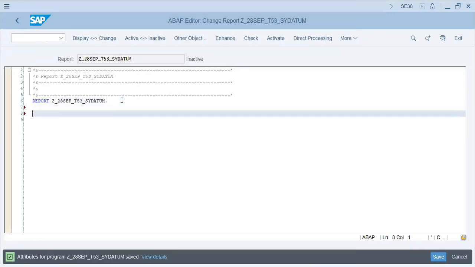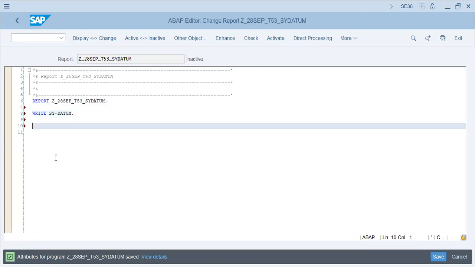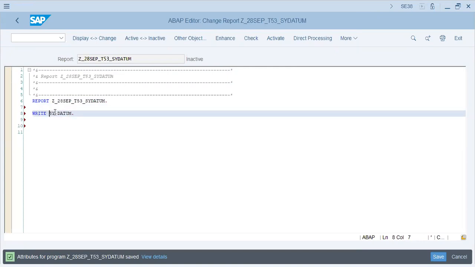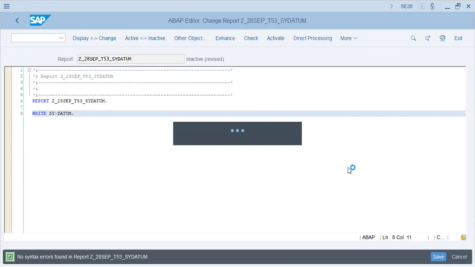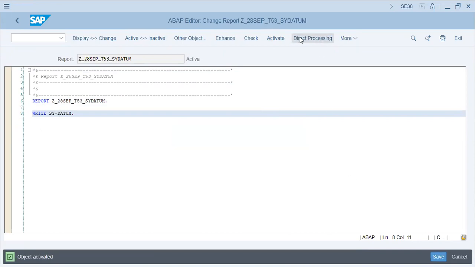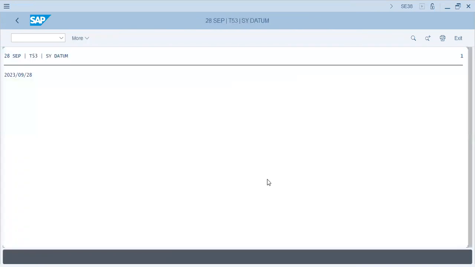Okay, all right, side item. Now what we're writing is an output of the system date. Okay, as simple as that. Check, activate, direct processing, and this is the date for today. Okay, now what I'll do,